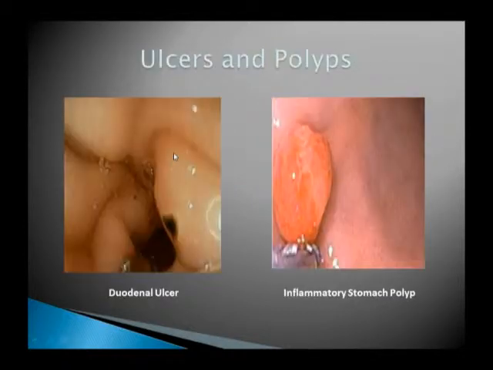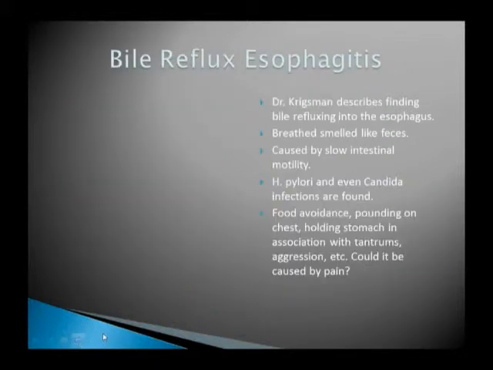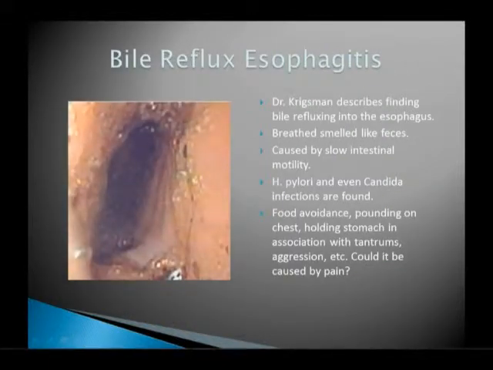Well, the inflammation can also occur in the stomach, leading to duodenal ulcers and inflammatory polyps. In some severe cases, we've got situations where kids are refluxing, not only refluxing acid up into the esophagus causing pain, but actually refluxing bile. In this particular example was a child refluxing bile up into the esophagus.